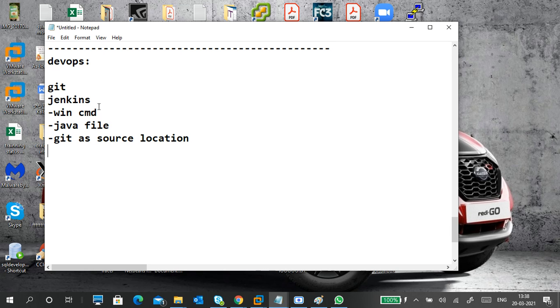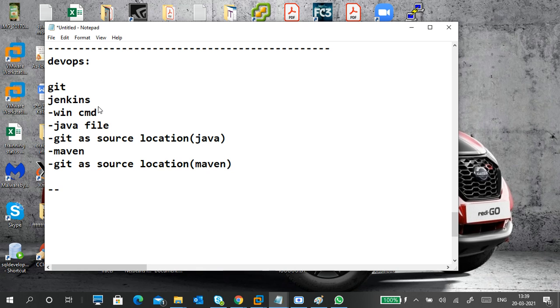We use a Java file and Git as a source location, so we execute the Java thing here. Next, I showed Maven, both installation and manual Maven. Next, Git as a source location, and now we use Maven commands.